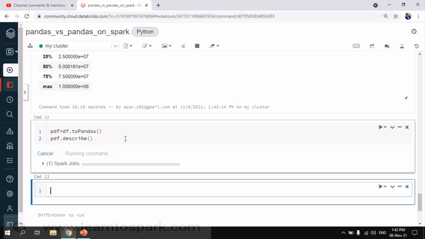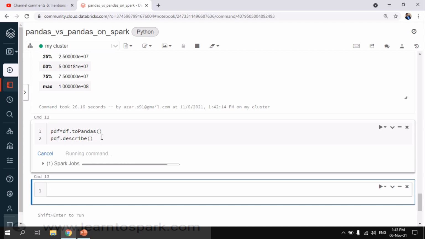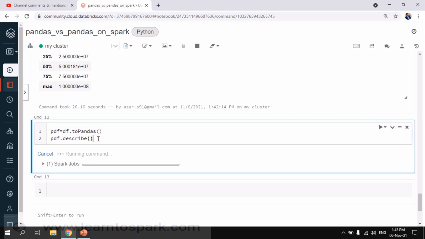Here we are just converting it into toPandas. We are not using Spark. We are not leveraging Spark's usage. We are just converting, and I am giving a describe command. So this uses the driver memory, whereas the above one uses only the executor memory. It splits the task and does it for us. Let us see how much time the second command takes.